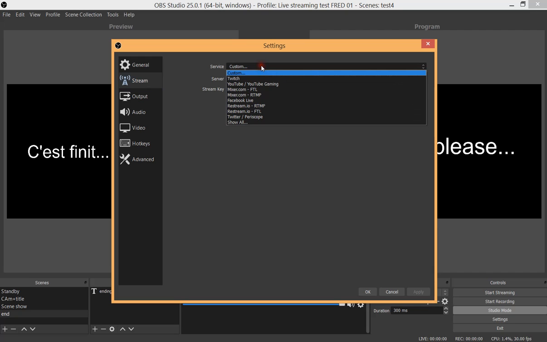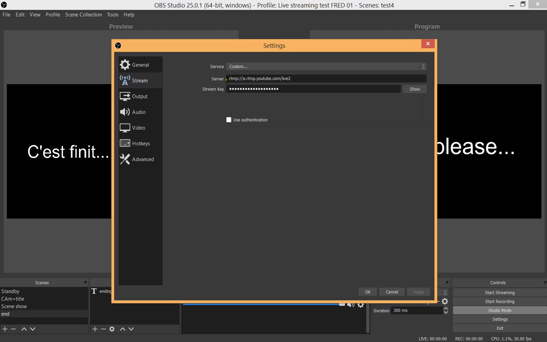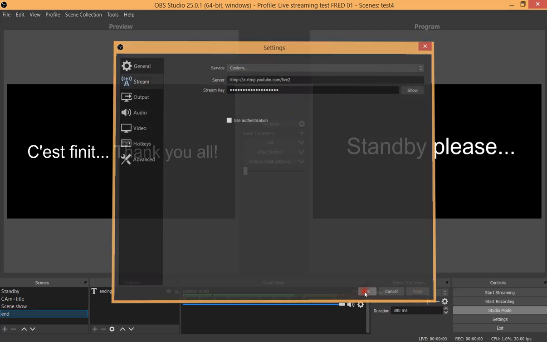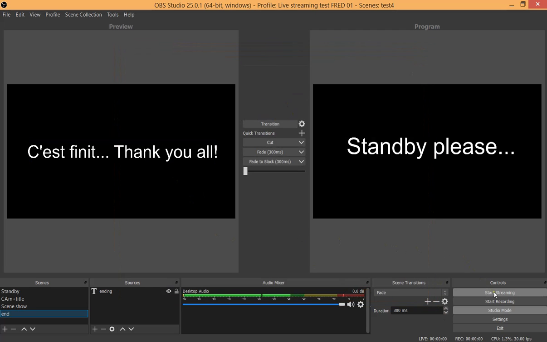Then here, by default, you can choose YouTube if you want, whatever streaming service you have. But I prefer to use custom and paste here. So here, when you start, it's empty. So you paste the server that YouTube has given you, the URL that YouTube has given you. So it's sure that it goes to the right place. So now, when you have both the server and the stream key, apply and OK, and you can already press here start streaming,